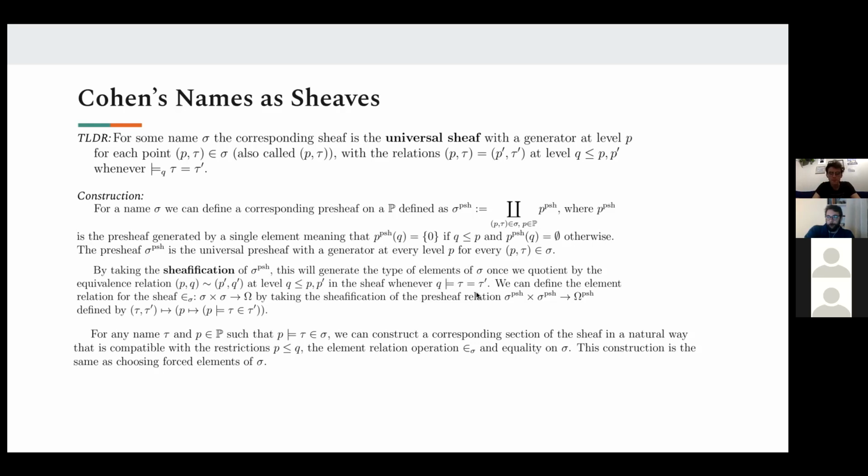Tau and tau prime are what? Tau and tau prime are statements or formulas. So forcing is that if a condition within S forces a statement tau, then it means that it forces the statement to be true in S extension G. It means that tau and tau prime are the same at level Q. They can be any elements. It's just saying that it's forced that